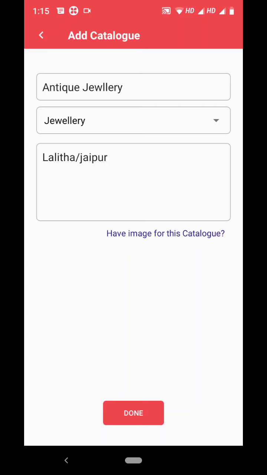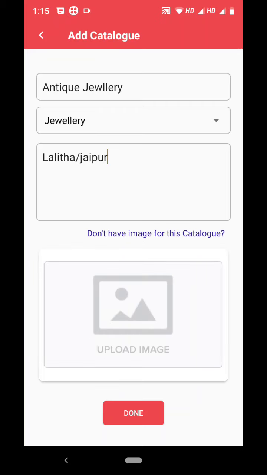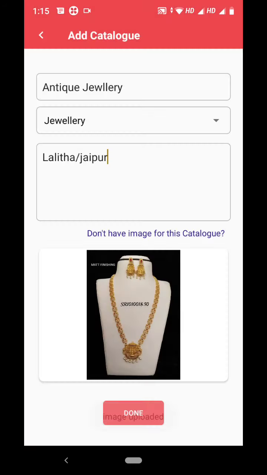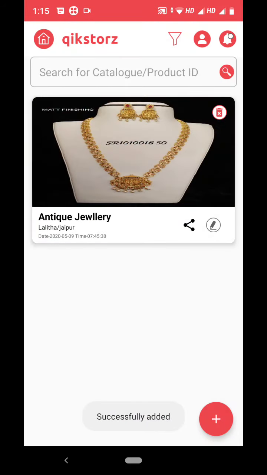You can put your supplier name, so it will be confidential and known only to you. If you want to add an image for your catalog, you can add one. For example, I deal in jewelry, so I added a catalog image. I have given done, so now my catalog is ready. Antique jewelry is my catalog, Lalita Jaipur is my supplier, and this is the date created.